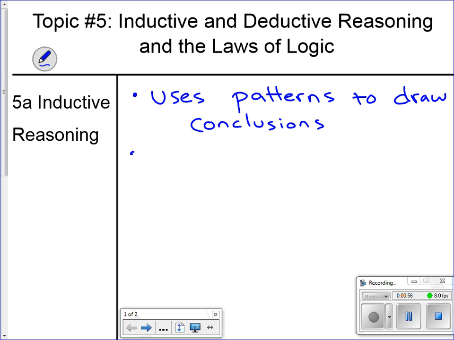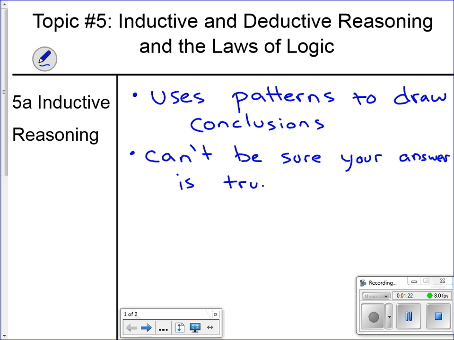The unfortunate thing is we can't be sure your answer is true, or in other words, valid. In this case, true in everyday life